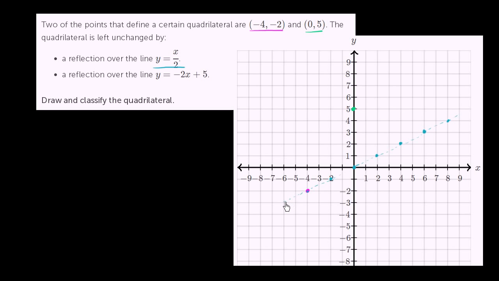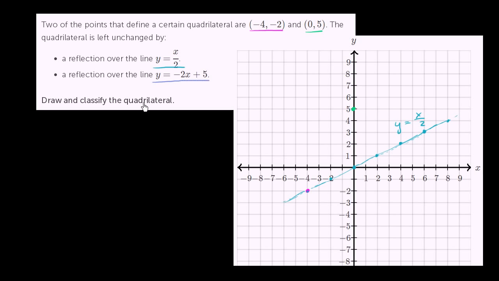So this line, and I can draw it a little bit thicker now that I've dotted it out, this is the line. Y is equal to x over 2. And they also say that the quadrilateral is left unchanged by reflection over the line